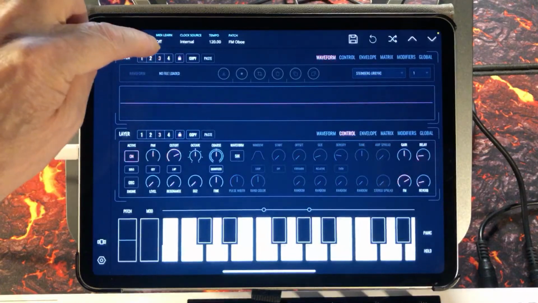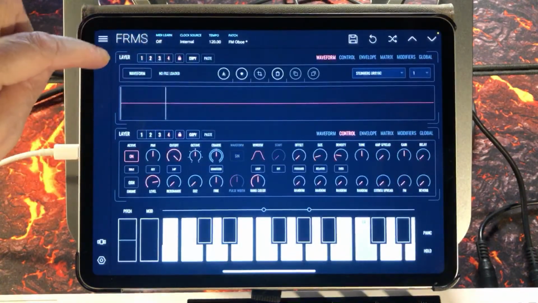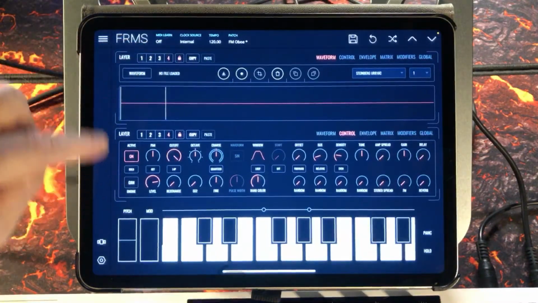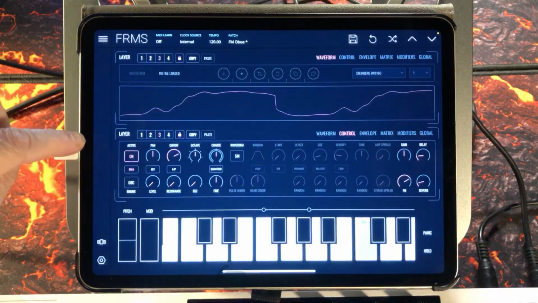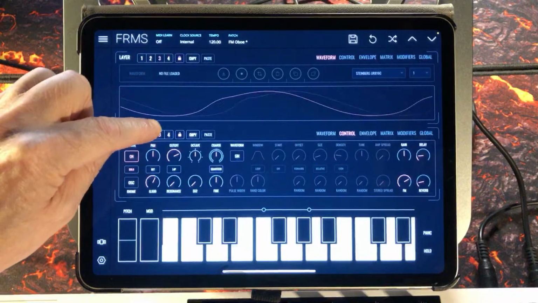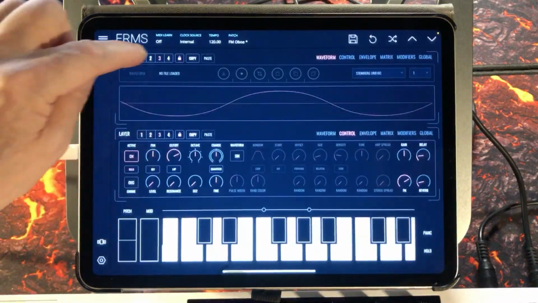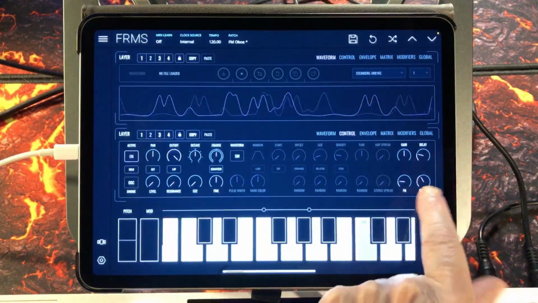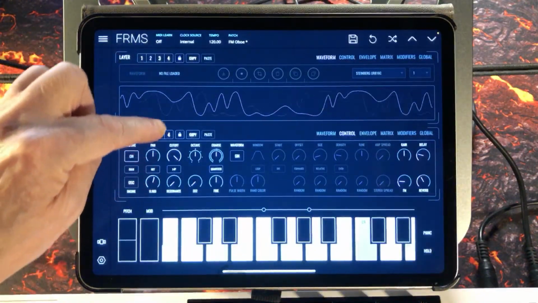So you'll see here that if I solo this, there's nothing in this engine, and there's also nothing in this engine, and it's set on the granular engine, but this one is set on the oscillator engine, but there's nothing there unless I turn up the level of that. But you'll also see that I have an FM amount here, and you'll see that although there's no sound here